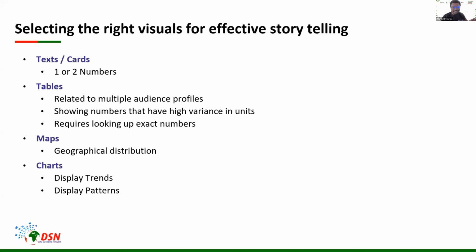Now, sometimes we are trying to communicate just single numbers, right? Or maybe 1, 2, 3, or 4 numbers, just a couple of numbers is what we are trying to communicate. So in those instances, we can just write those things out. It doesn't have to be a chart. They don't have to be charts, okay? So I've seen a lot of people make this mistake many times, thinking that in as much as you have data to work with and you're supposed to deliver on something, then you must come up with charts every time. That is not the case.